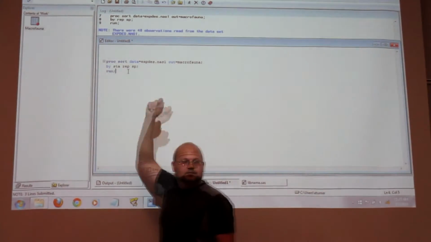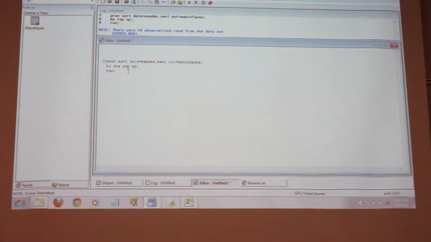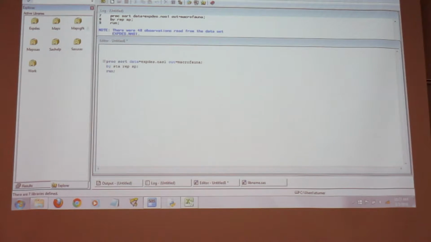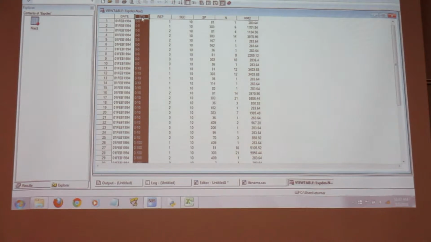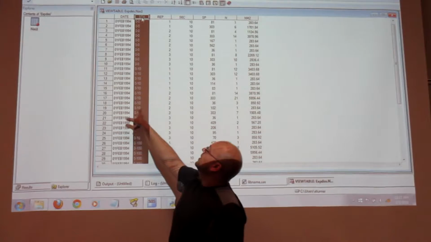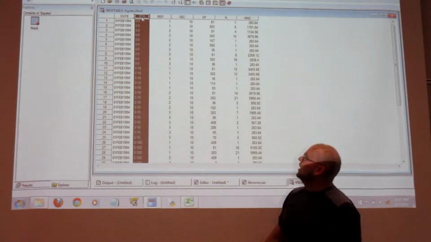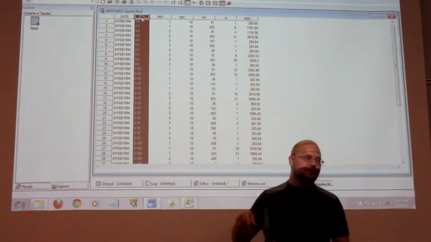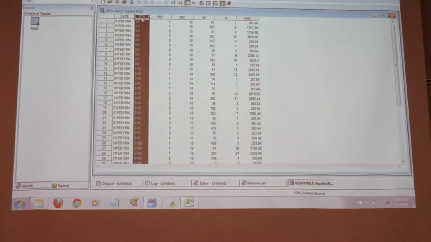So the question is, how do I know STA means station? How did I know that that is what it means? It's your column name. It's the calling name, right? So when you go back in your file and open it up, that's the name of the column, STA. Later on in the class, we'll get to making that a fancy label, something fancy when we print out a graph. But for right now, that's the column name: STA, REP, SPEC. If I wrote STATION, then it wouldn't know what that is, right? So it's just going by the column name.